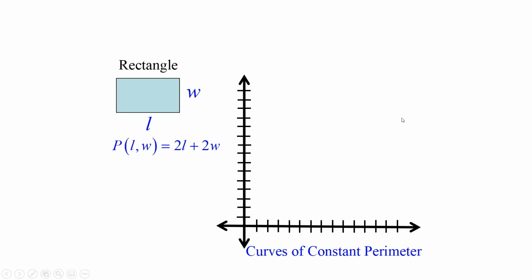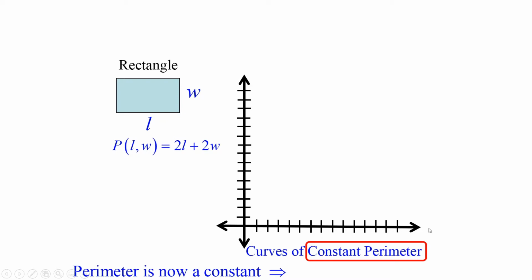All right, and here's the situation. Constant perimeter, that means they're going to give me a perimeter, and then I've got to take that number and set it equal to 2L plus 2W. So my variables are now length and width, and I've got to know which one's going to go on the horizontal axis. So perimeter is now constant, and it's the way they write the function notation for the 2 independent